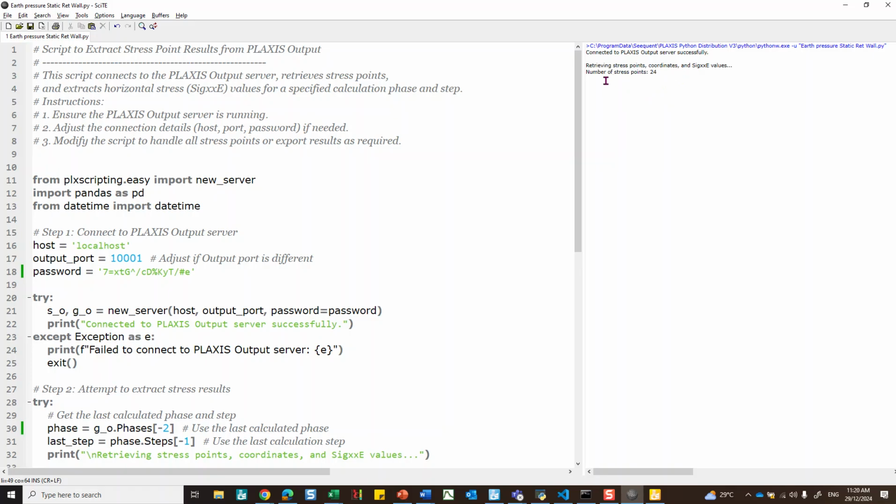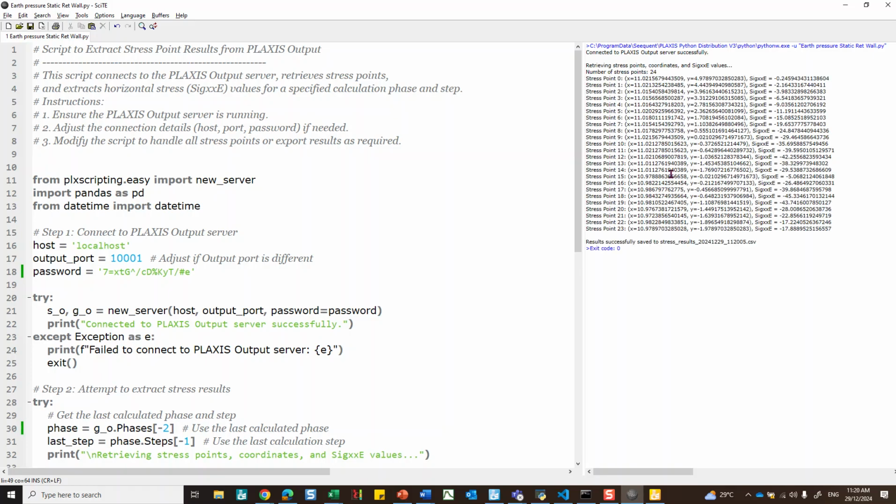And then it is retrieving. I have a total of 24 stress points. These are all messages, and it actually gets your results in the console. But I also have here a file name. This is a file name in PLAXIS. So if I go now to,